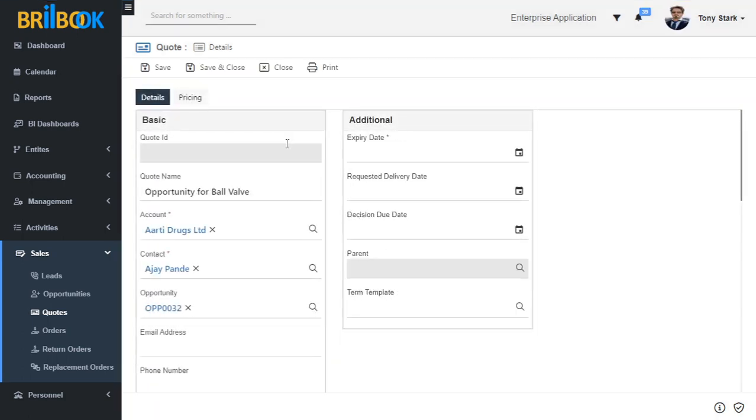Here you can see the quotes create page having quote name, account, contact, opportunity data already mapped from opportunities record.